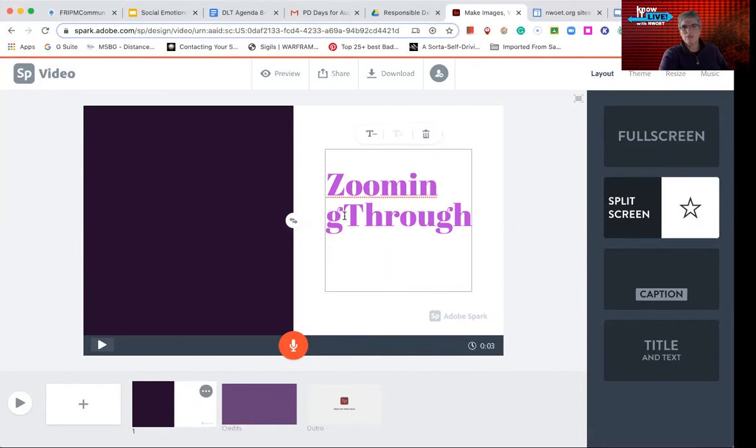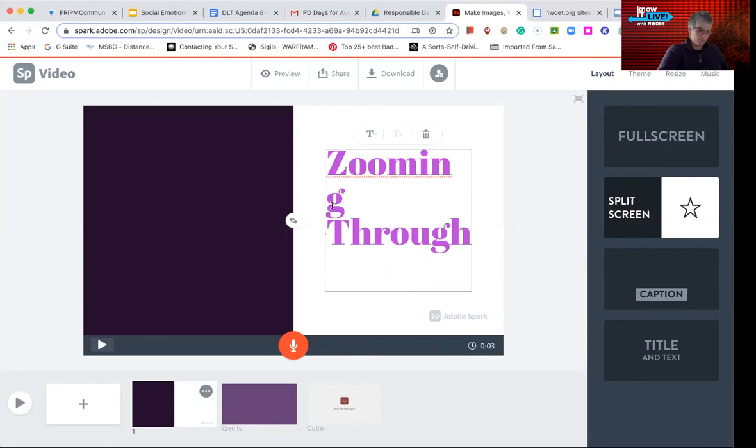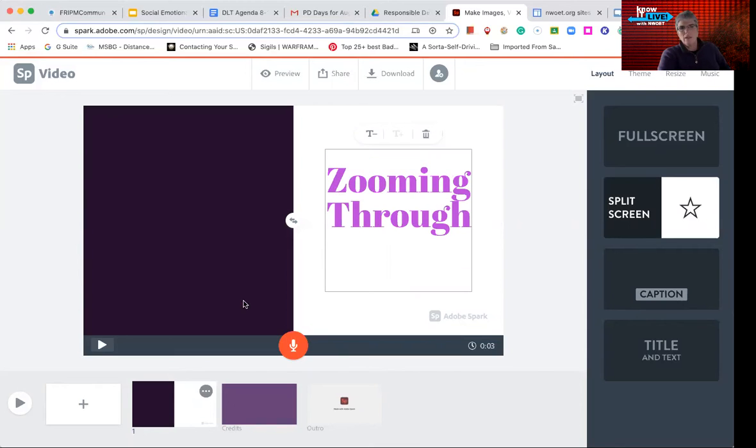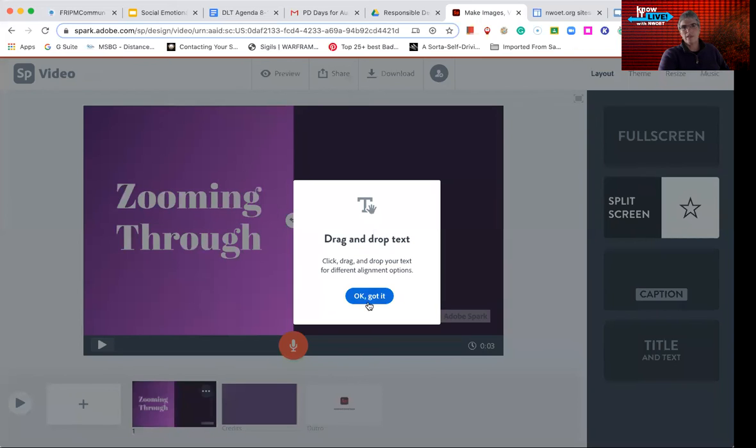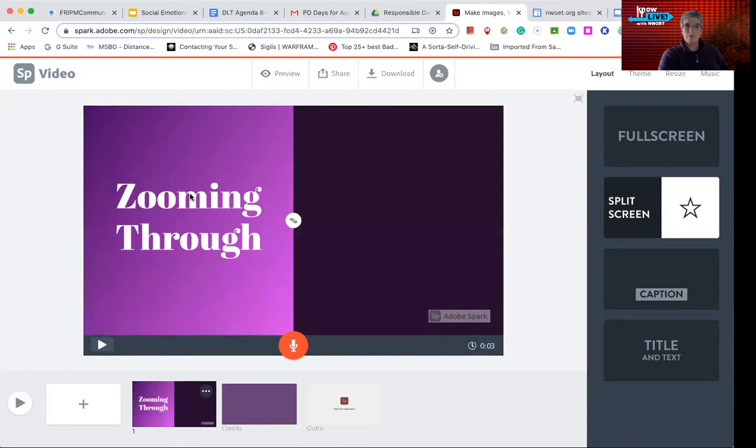Put a space there, so zooming through. And I can switch these, so I can put the video over here and put the text on the other side. I could have also dragged and dropped. And now, since I have my Woodland music in there, my title, and then I have a video over here,